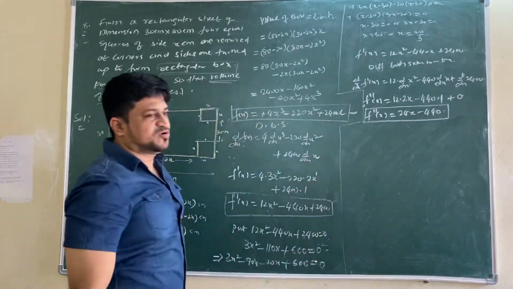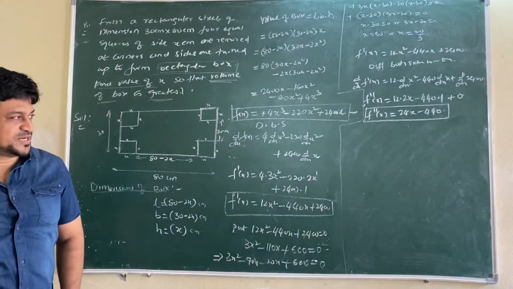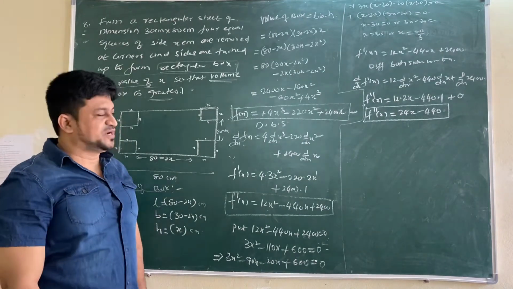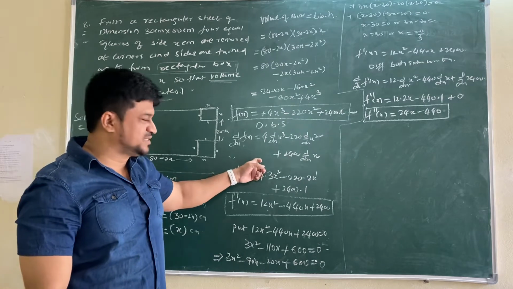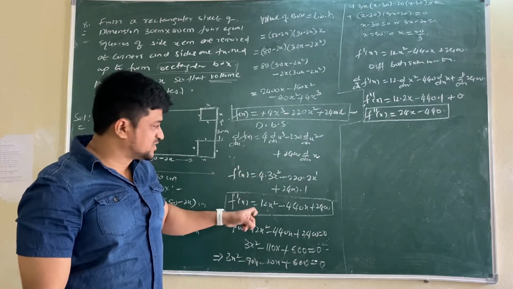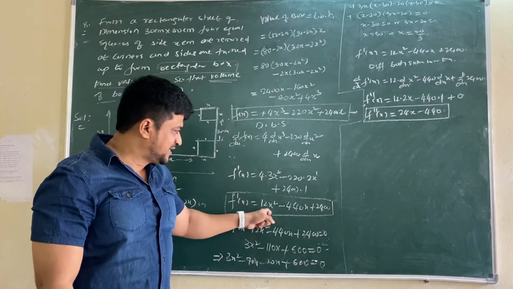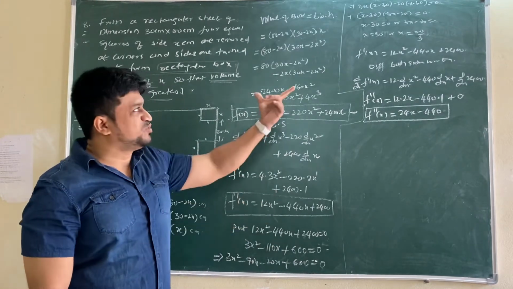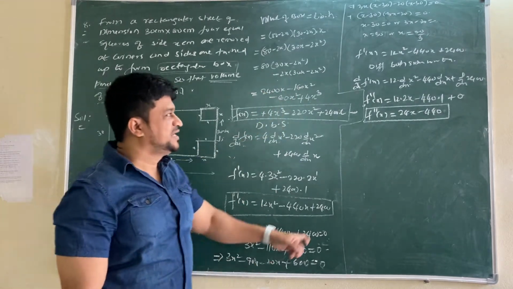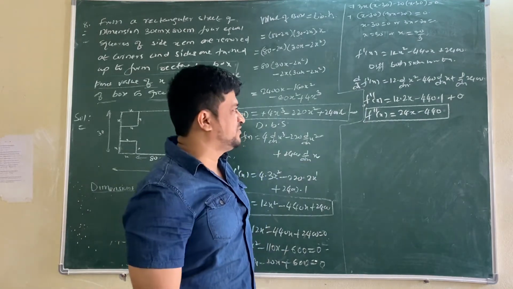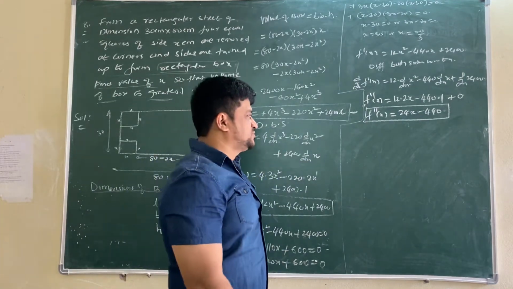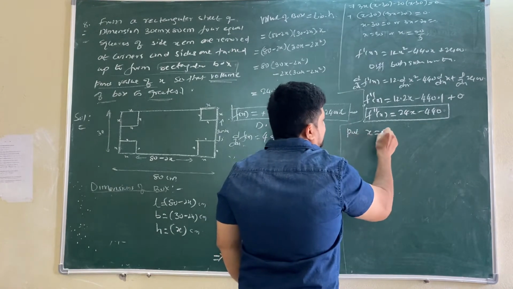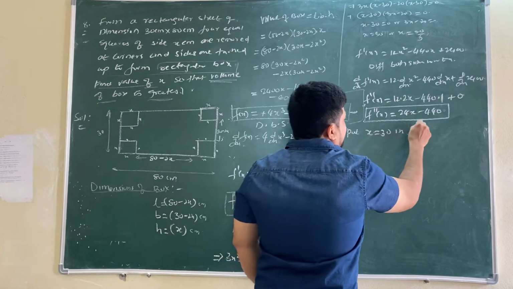Here, from here onwards, you have a lot of confusion. Till here it is clear, na? Yes, sir. F of x, then find f dash of x by differentiating both sides. Then put f dash of x equal to 0. Whatever answer you got, take that answer and equate with 0. Find x1, x2. Then again take this box, differentiate both sides, and you'll get f double dash of x. Once you got f double dash of x, you have to substitute the first value. Put x1, the first value of x, in f double dash of x.